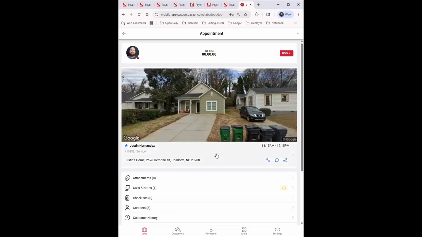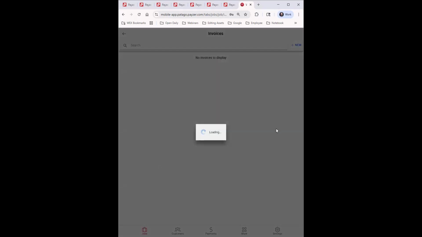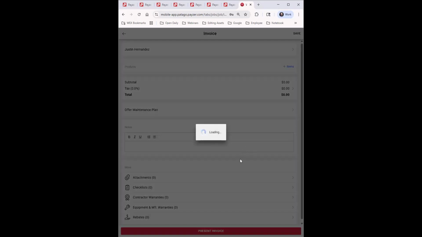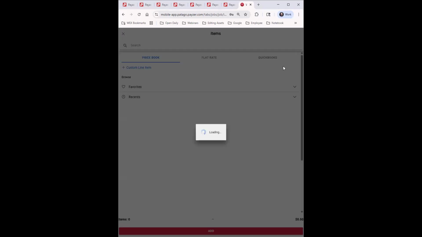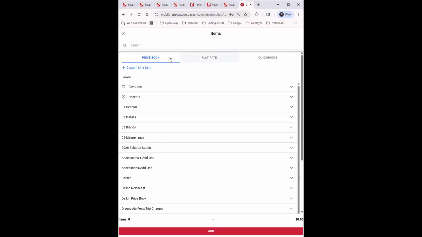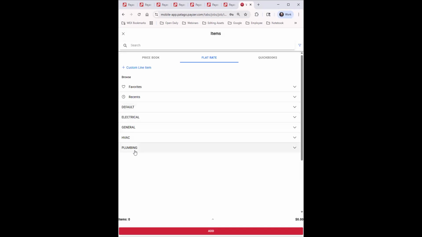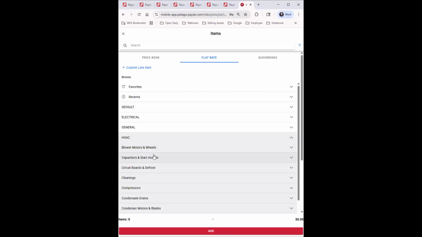I do my normal thing. I have done the work. Now I need to set up my flat rate pricing via an invoice. To do this, tap on Invoices, create a new invoice, and it's exactly the same as we did before. When you tap Add Items, this will pull up your different price books. Let's search the flat rate pricing. And then you have all of your folders. So I know I'm looking for HVAC, so I would tap into my HVAC folder. And same thing, let's go to capacitors, dual start cap,